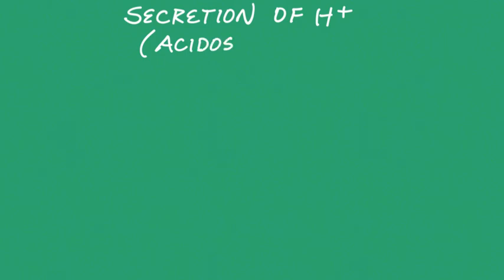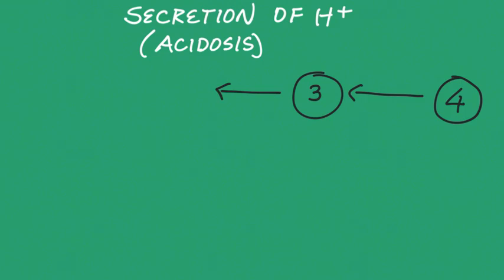Let's consider the secretion of hydrogen ions. If there are too many hydrogen ions in the blood, the blood becomes too acidic, and a condition known as acidosis results. The hydrogen ions ultimately come from too much carbon dioxide in the blood. So when carbon dioxide mixes with water, it becomes an acid, and that acid releases a large amount of hydrogen ions. So here's the carbon dioxide leaving the capillary fairly easily, diffusing out of it, and diffusing into the tubular